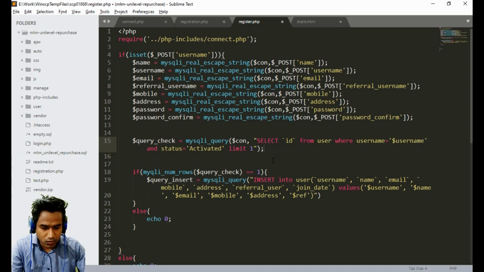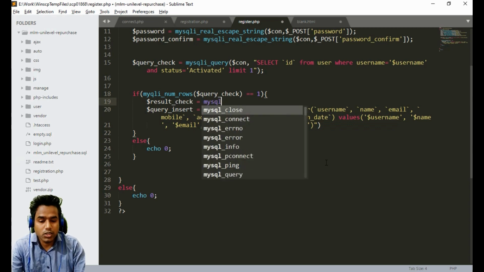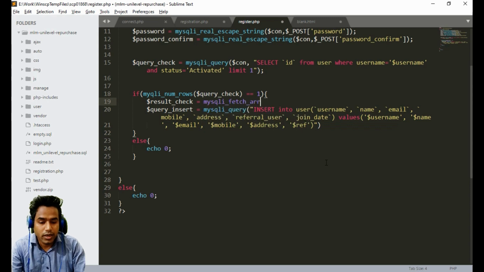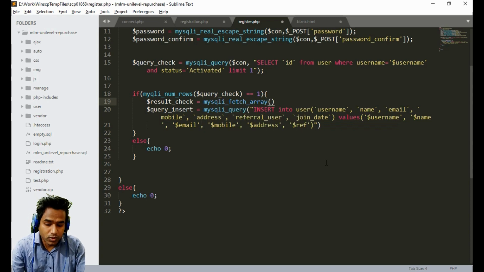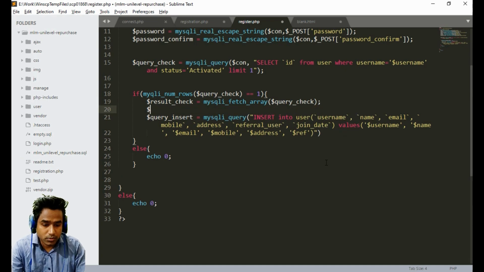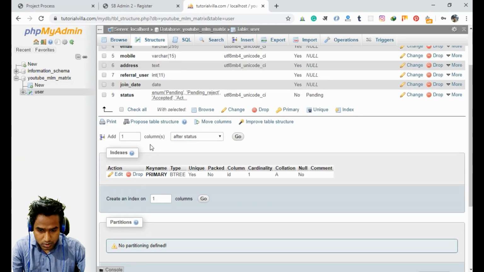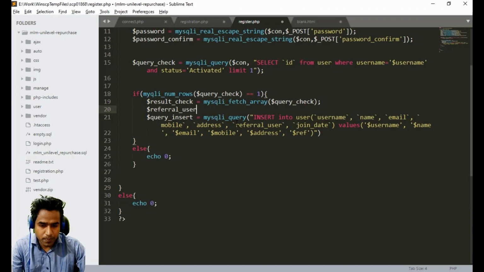If this result exists, then create another variable, result check, equal to mysqli fetch array of query check, and what we have is referral user equal to result check ID.